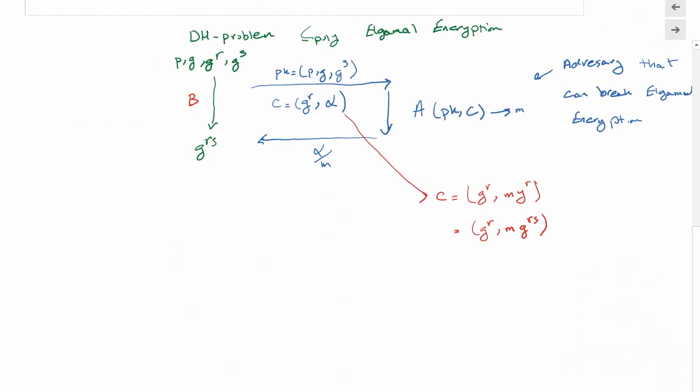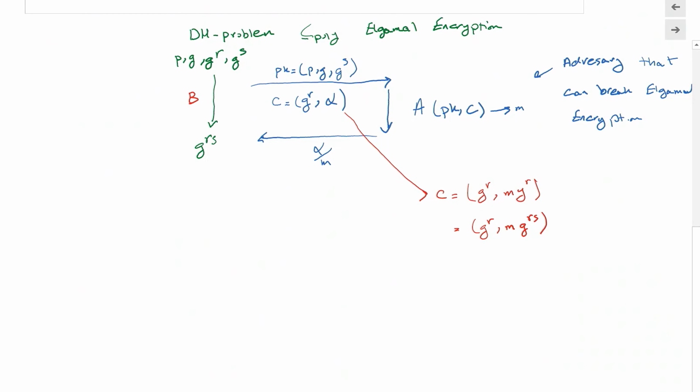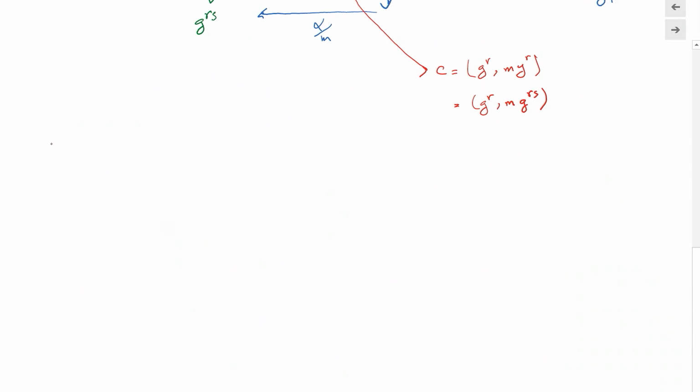So because of this reduction, and we know that the discrete Diffie-Hellman problem we reduced to the discrete logarithm problem, the conclusion that we get is that nobody should be able to break this ElGamal system, because if somebody can break it, then we can solve the discrete Diffie-Hellman problem, which is connected to the discrete logarithm problem. So we know that these two are hard problems. Therefore, this adversary should not exist. So let me write the conclusion that A cannot exist